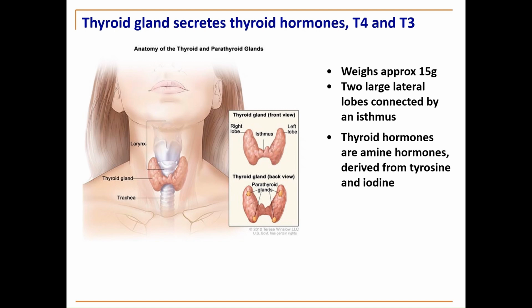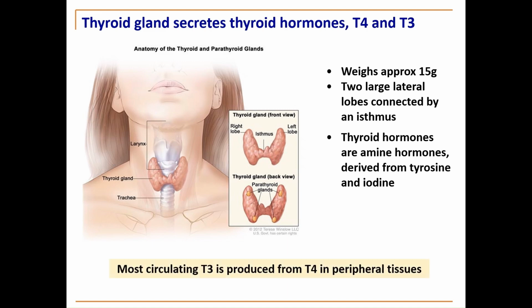And when they're being made, in particular T4, because T4 is what is mainly produced by the thyroid gland, whereas smaller amounts of T3 are made, the fundamental difference between them is that T4 has a tyrosine with 4 iodines attached, and T3 is a tyrosine with 3 iodines. But remember, it's the T3 that is much more biologically active than T4. And so most of the circulating T3, because it's not being made in the thyroid gland, is produced from T4